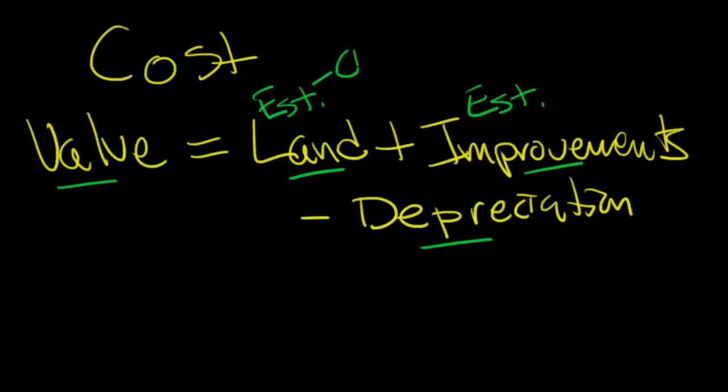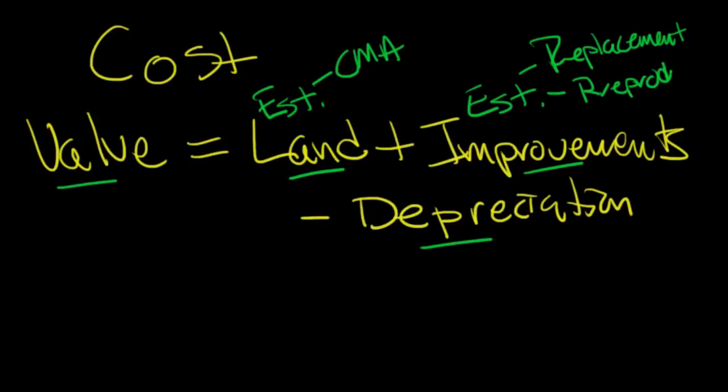Oftentimes you're going to find this out from doing a CMA, and also from the improvements point of view, usually you're going to be talking about replacement cost. So in order to build a new fire station or something like that, you're not going to build an exact replica of the existing fire station from 83 years ago, because that would be called reproduction cost, and you don't want to reproduce it. You want to build, obviously, if you're building a fire station, up to the new standards. So this, by the way, says reproduction, and this says replacement.